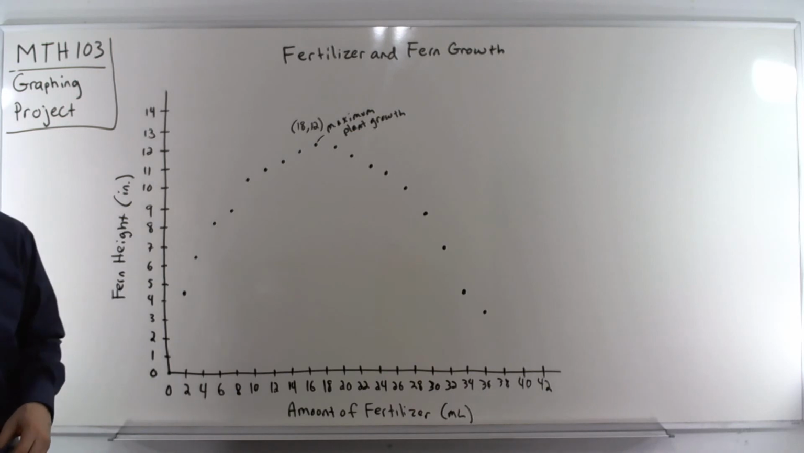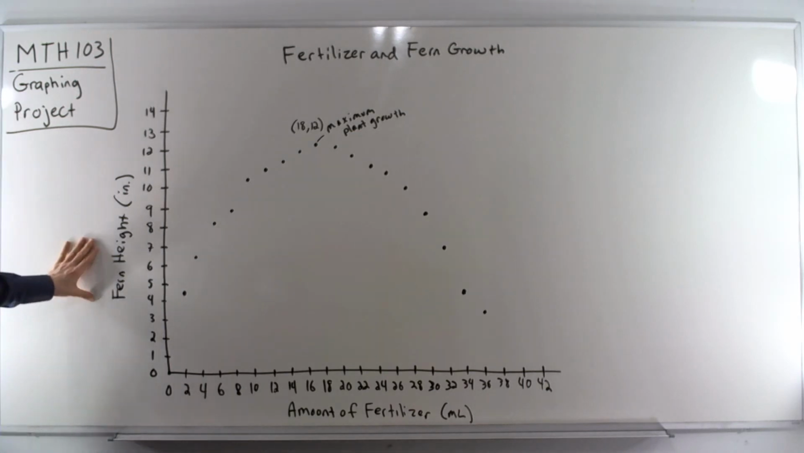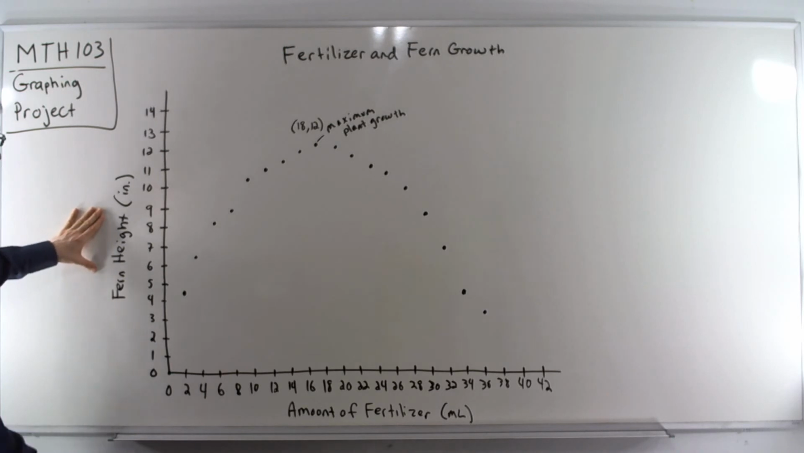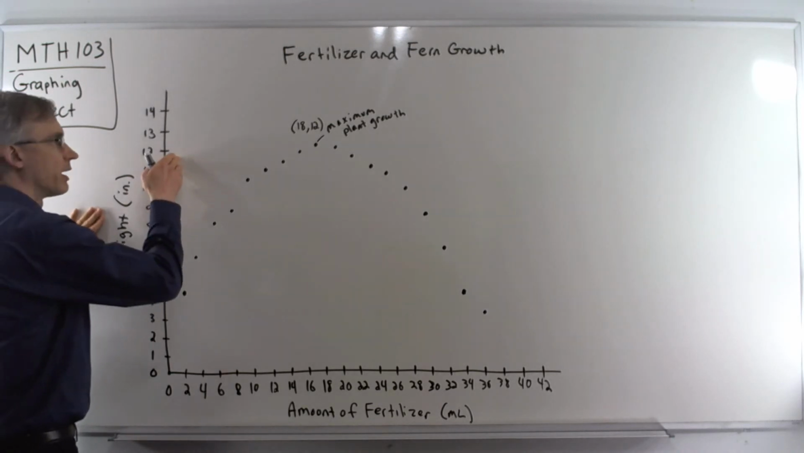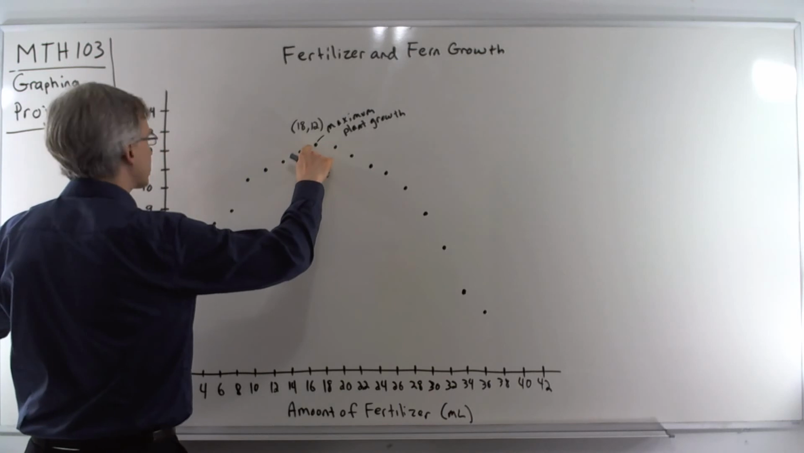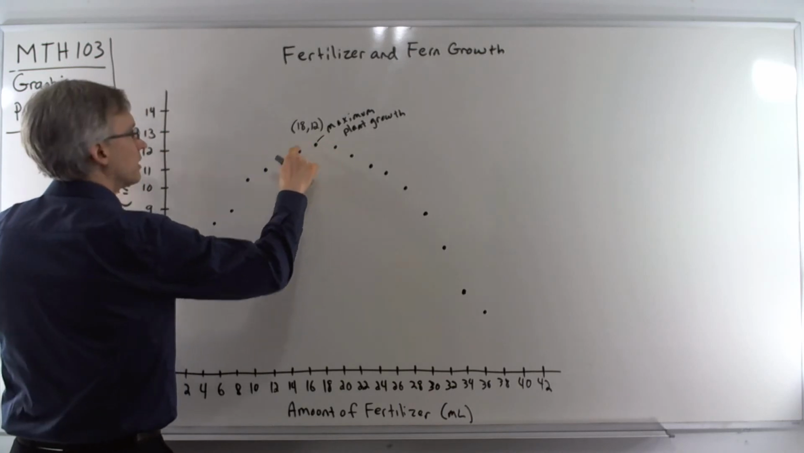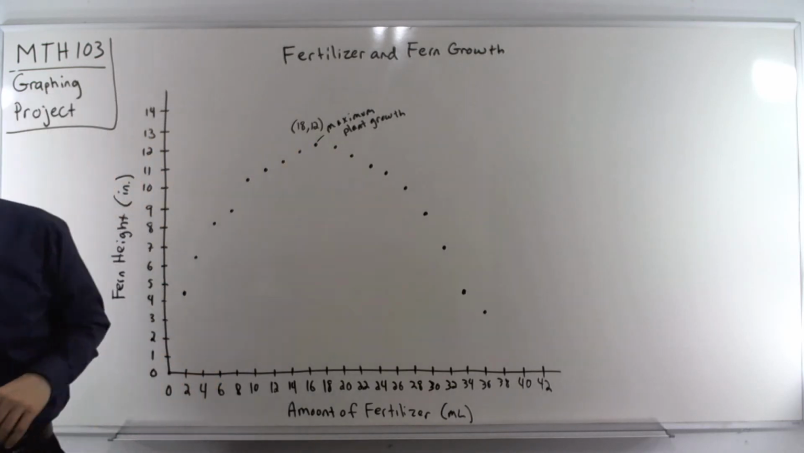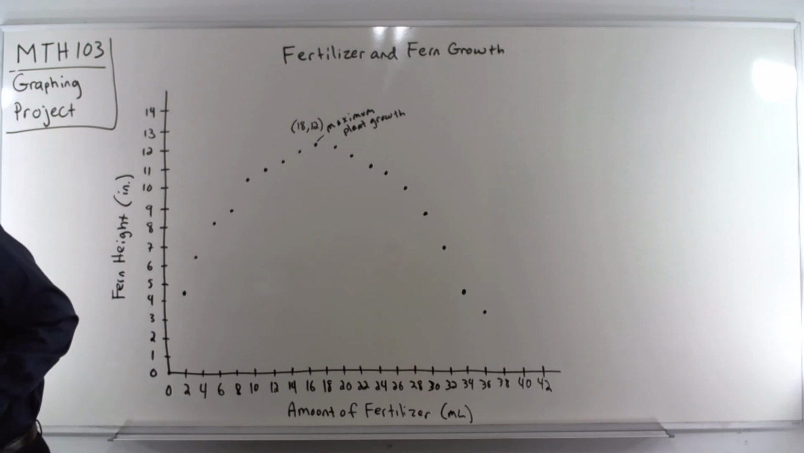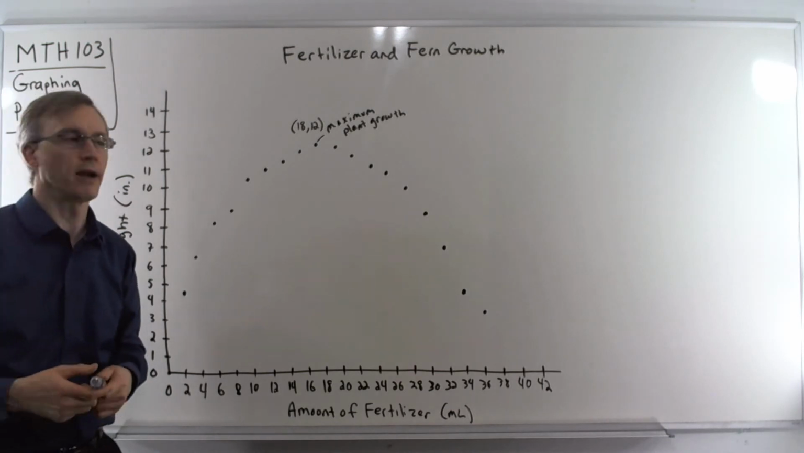So how do we know that's the point? Okay, we're looking for the maximum height here. Height is measured on the vertical scale, so we want the point that is farthest up on the vertical scale, and that is point 18, 12. So now the coordinates of this ordered pair,